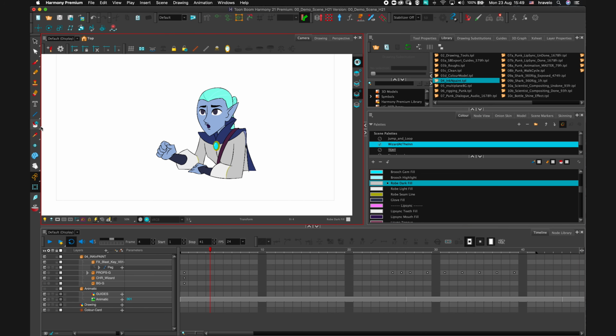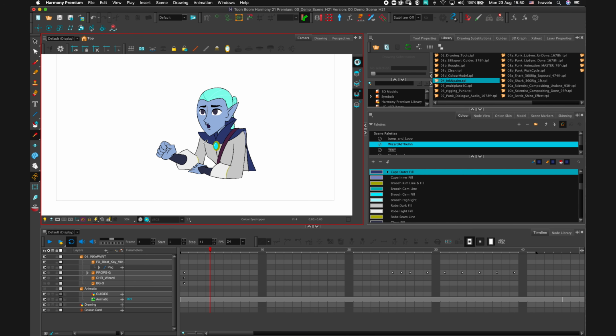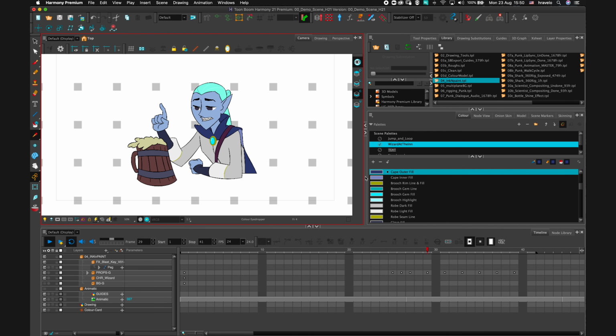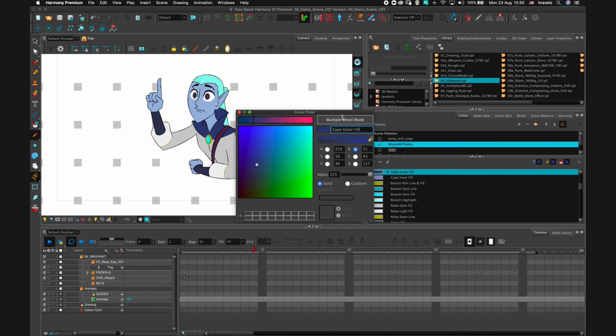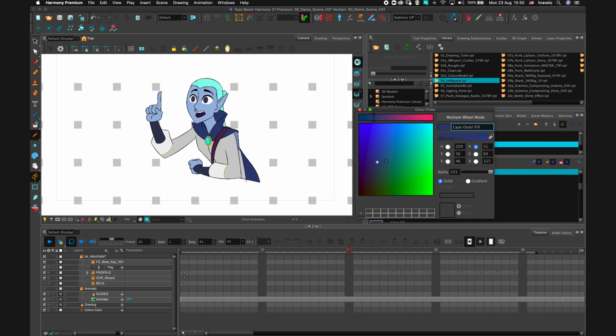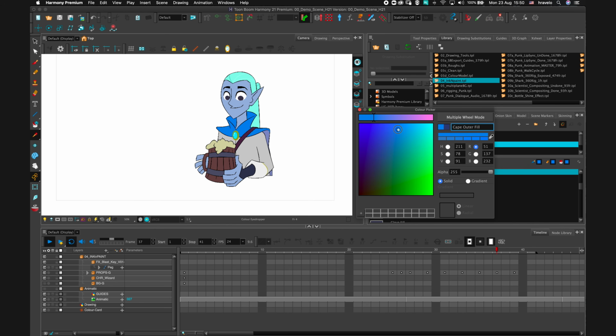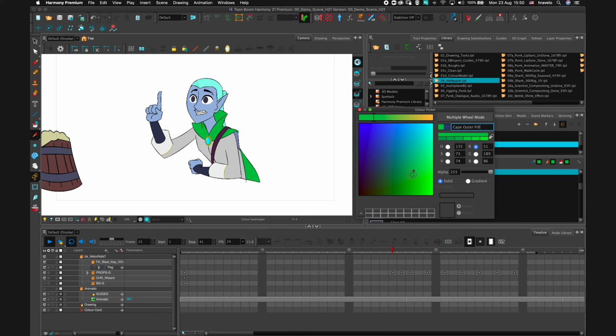So I'm going to choose maybe the blue of his cape, and I'm going to let it play. And while it's playing, I'm going to look at a different color altogether. And as you can see, on the fly, instantly, it is changing the color on every single frame